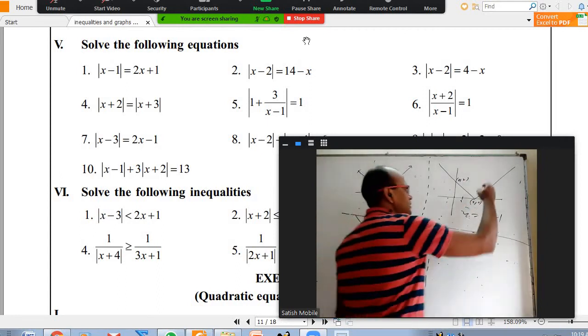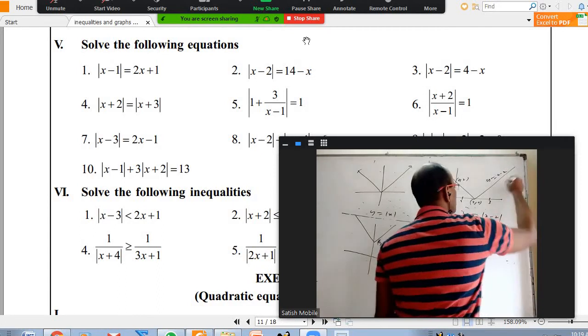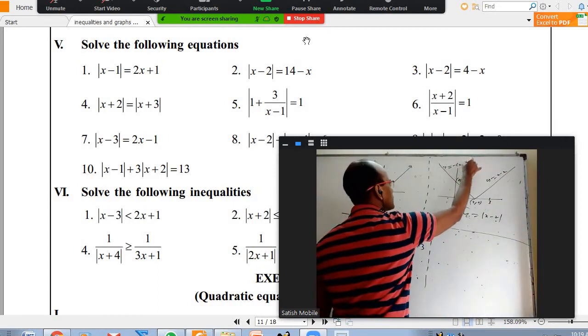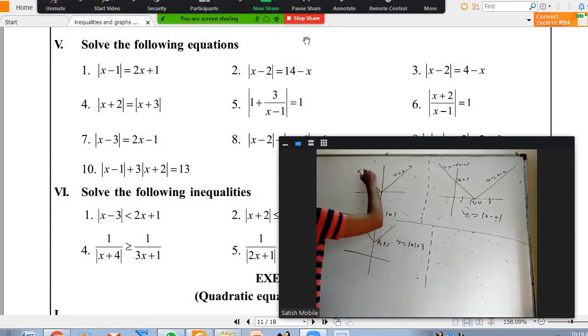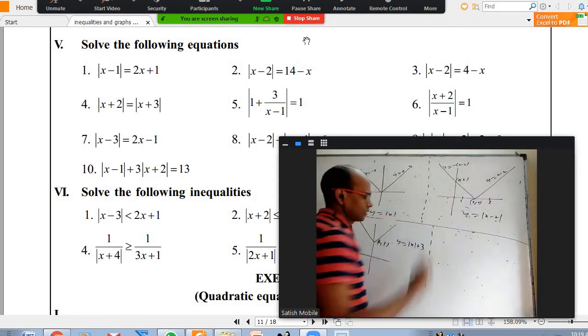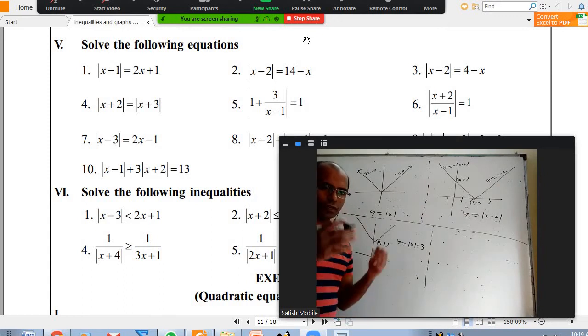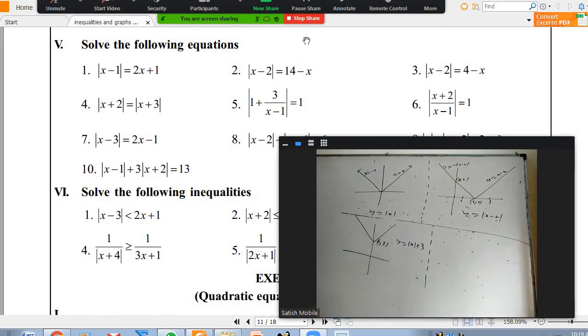In fact, this is actually y equal to x minus 2, not the full line, half of that line. This one is y equal to minus of x minus 2. And this is actually y equal to x and y equal to minus x, part of this line, part of this line. This is going 3 units up because plus 3 is there. When x is 0, it will become minimum. Mod x minimum is 0, mod x plus 3 minimum is 3. So the y coordinate minimum is 3, moving vertically up. In the sin x graph also, when you added sin x plus 7, it went upward 7 units like that.